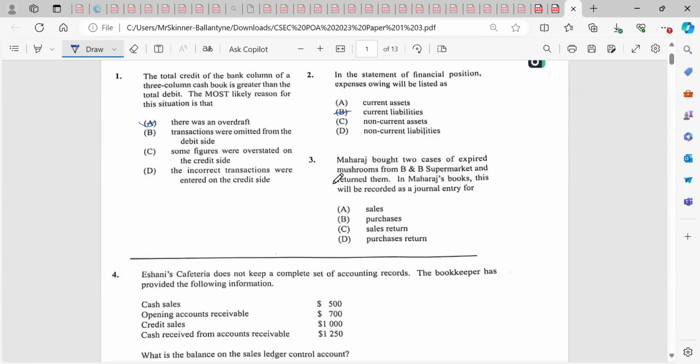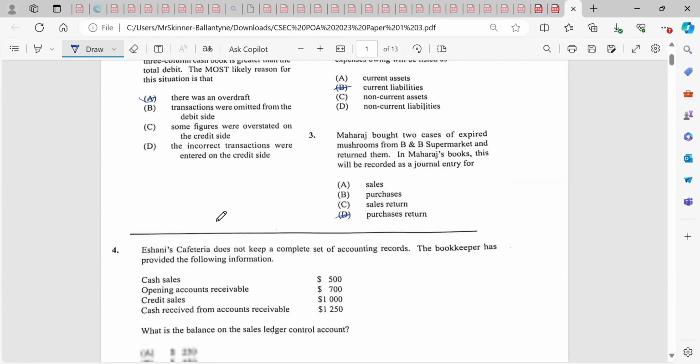Number 3, Maharaj bought 2 pieces of expired mushrooms from B&B supermarket and returned them. Sales return? Purchases return. Purchases return, because they buy it and return it, right? Number 4,